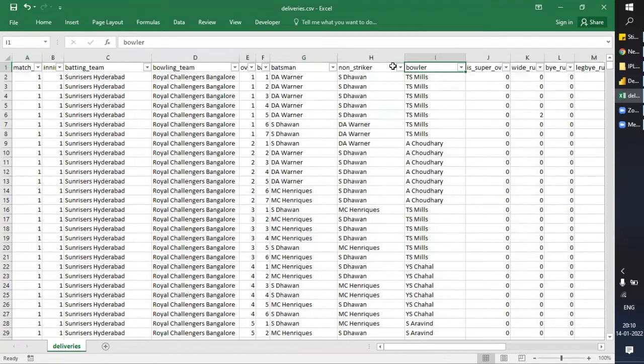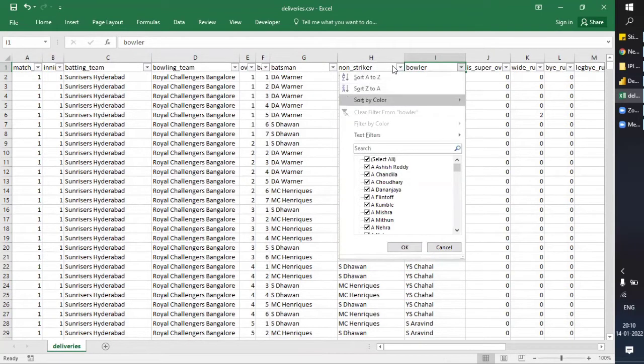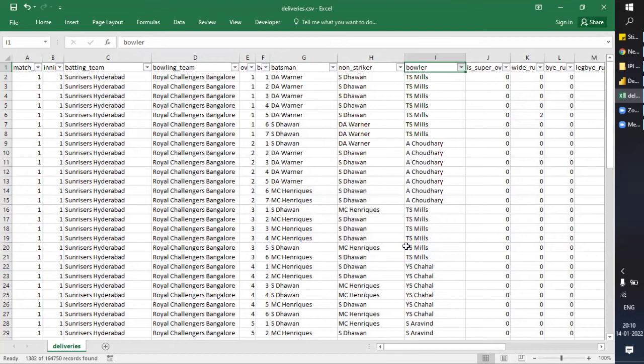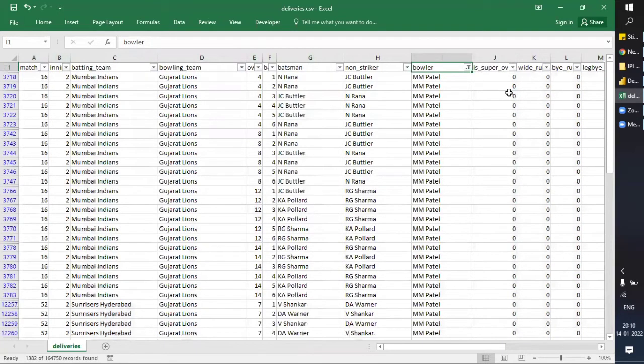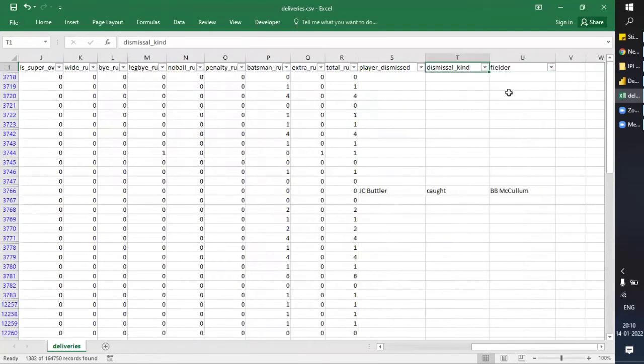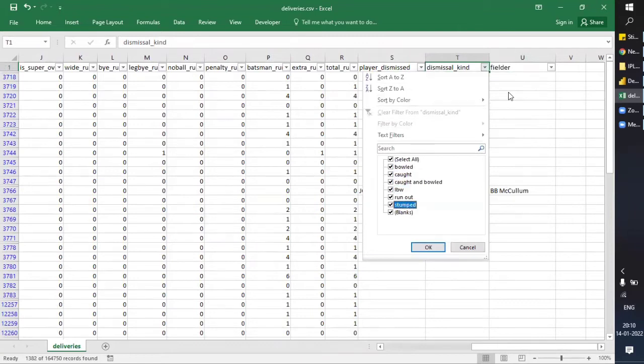So, Munaf Patel we have, and then we will just remove the blank from here. Blank, run out, bowled, caught and bowled. These are all fine. Stumped.